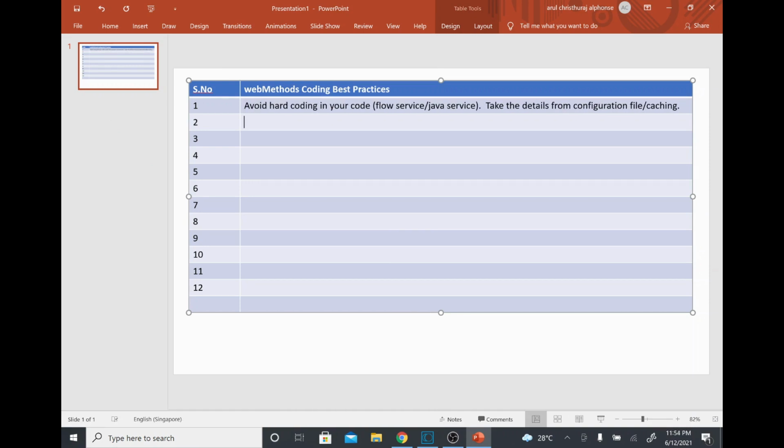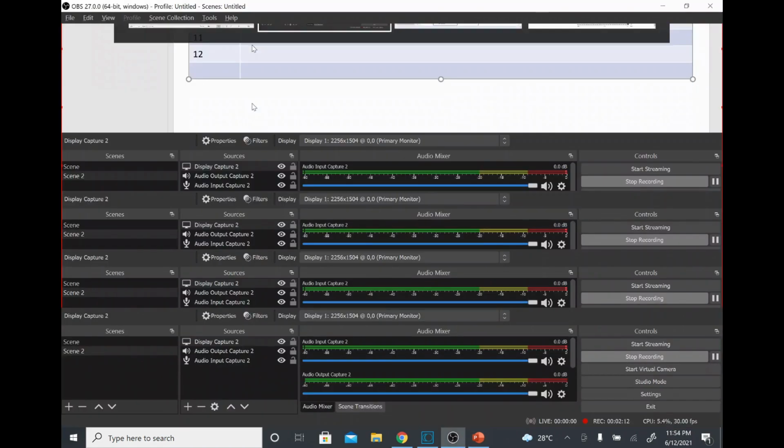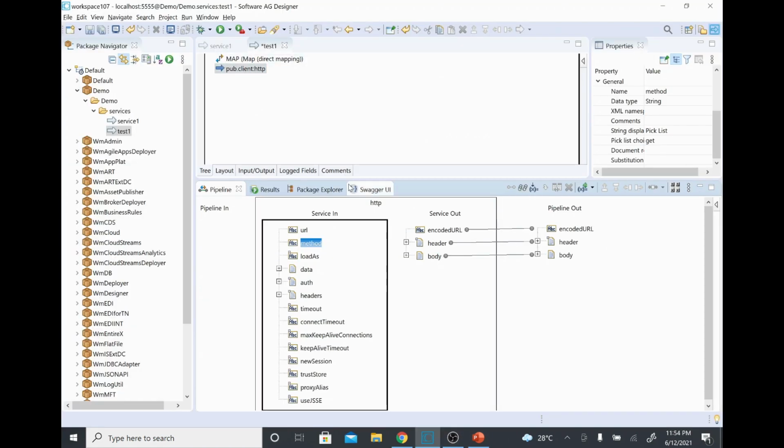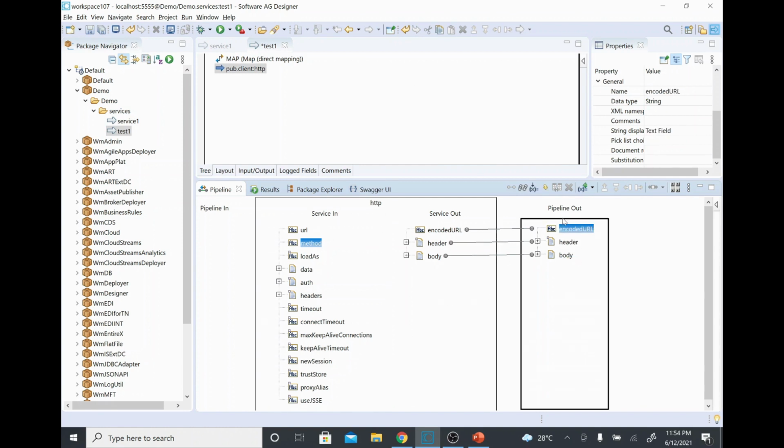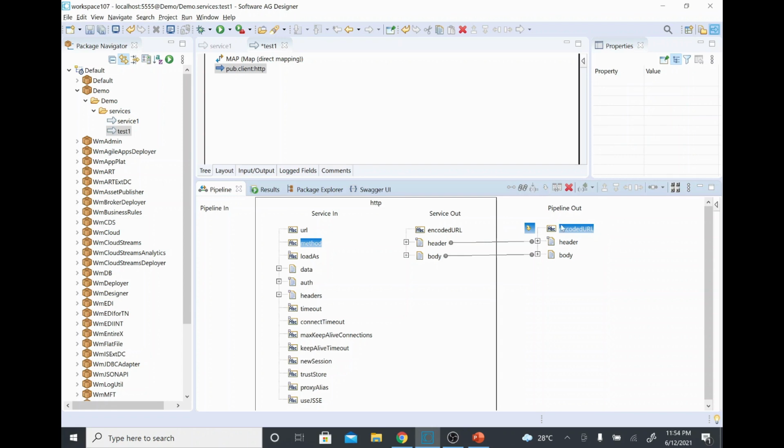The second one is that you have to drop the variables which are not required in the pipeline. Normally when you call a service, for example in this particular flow I just called HTTP and I don't need this encoded URL, then I should drop this particular field.